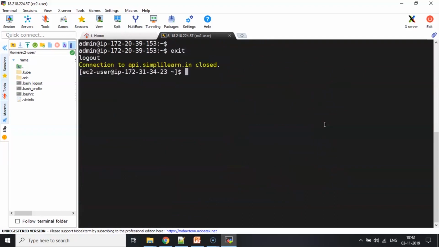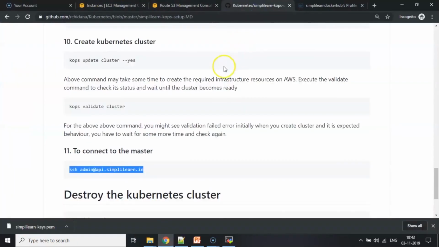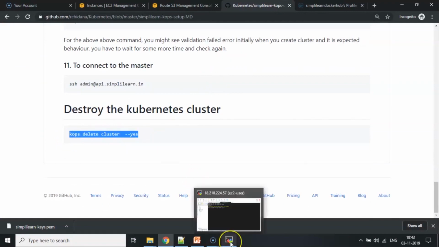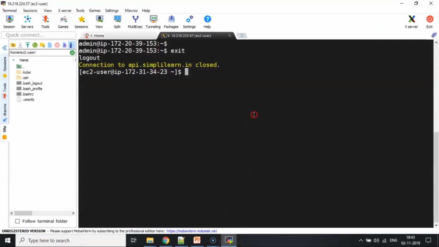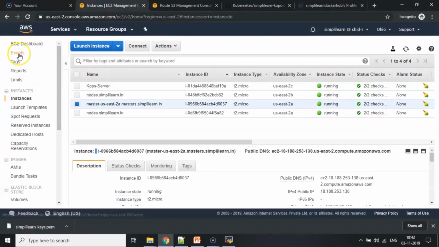So let me come back to my host, my Kops server from where I'm running. So I managed to successfully verify this pod, see if everything is up and running. So what I'll do is I'll just go ahead and complete this demo by going and getting rid of my cluster. So kops delete cluster --yes. Alright, so this will ensure that it will clean up my complete cluster that I created.